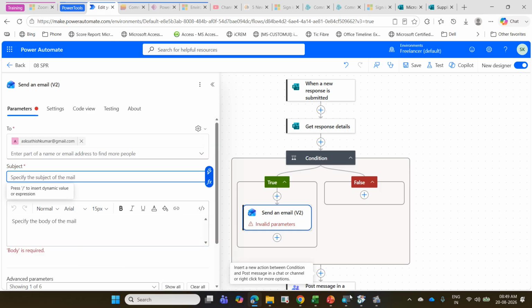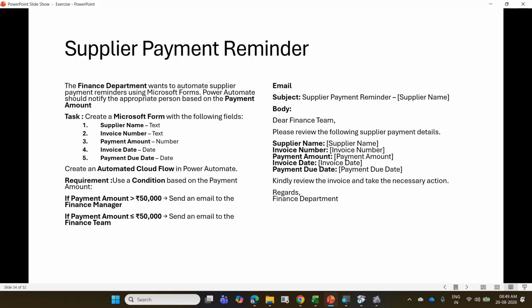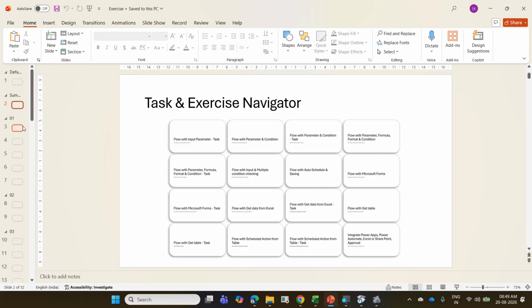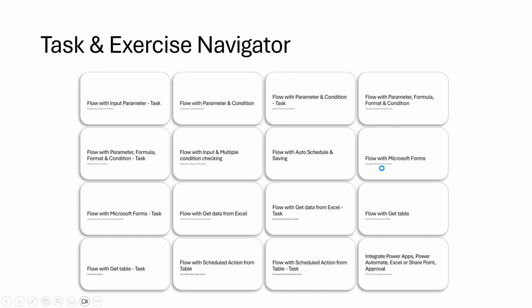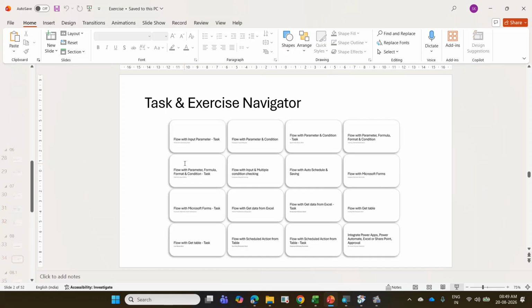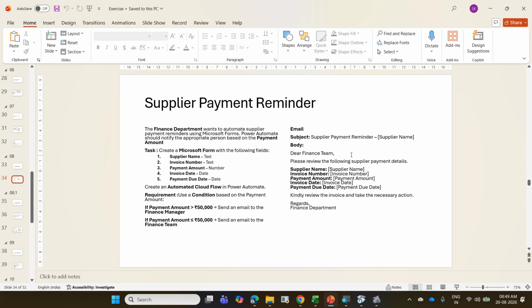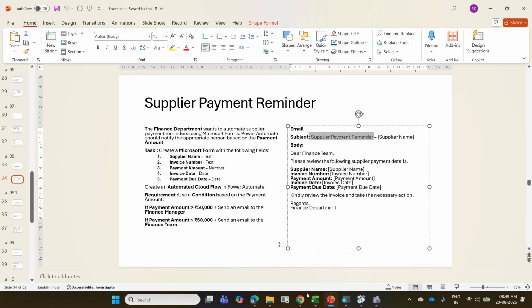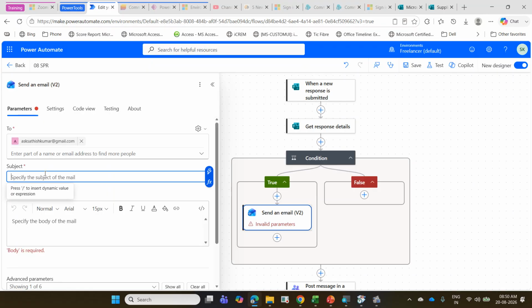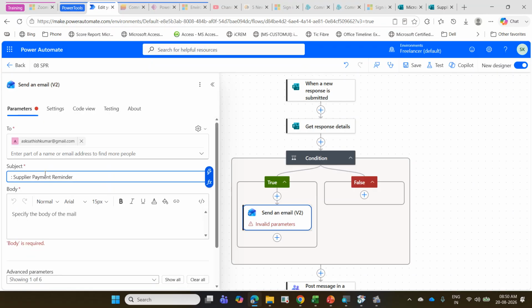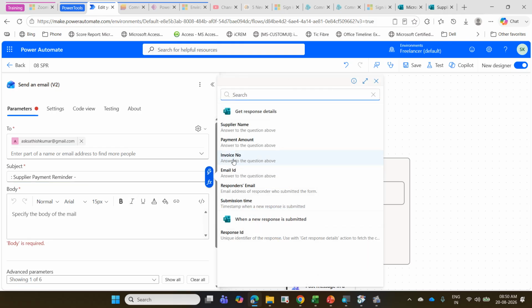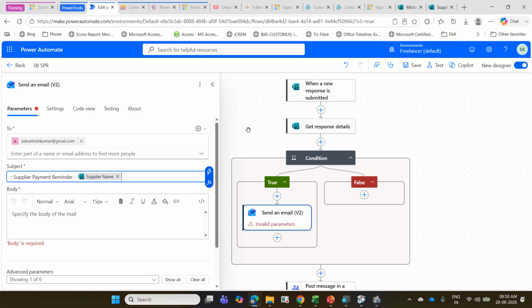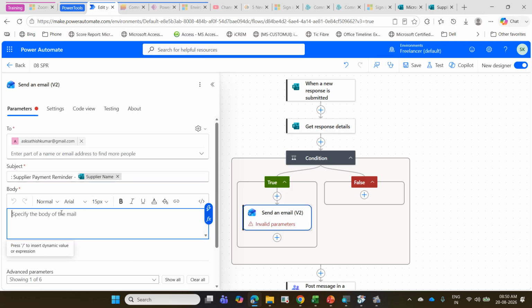Now, what is the content of the mail? The subject is supplier payment reminder, and I want the supplier name here. So, supplier payment reminder, hyphen, what is the supplier name? Go to the Thunderbolt, and the supplier name, which we got from the forms. Then the body of this message is